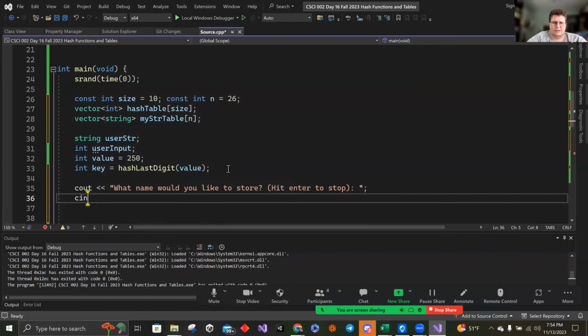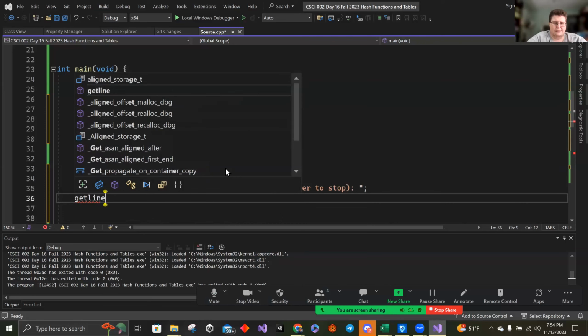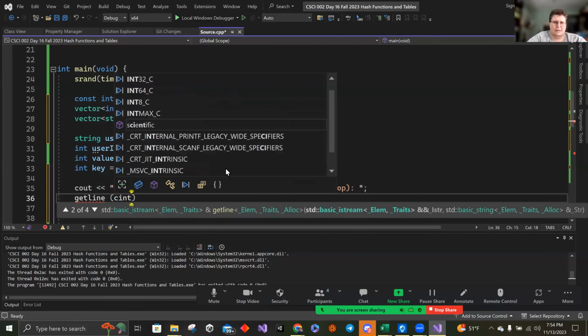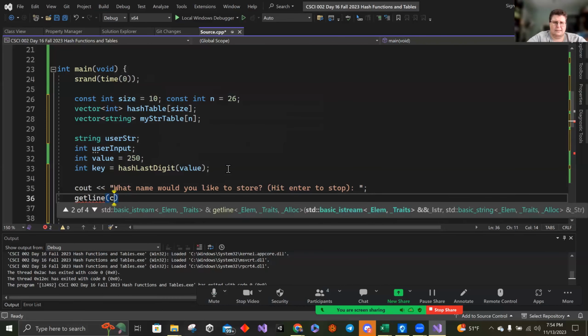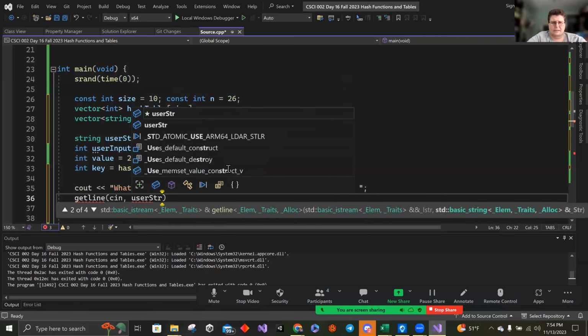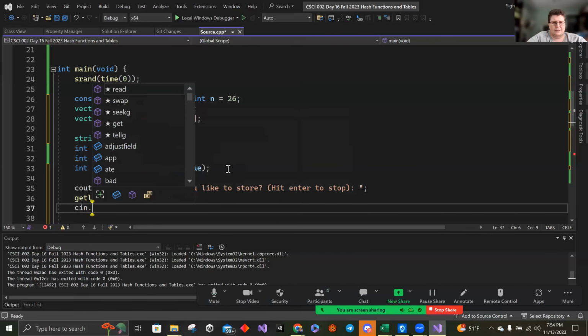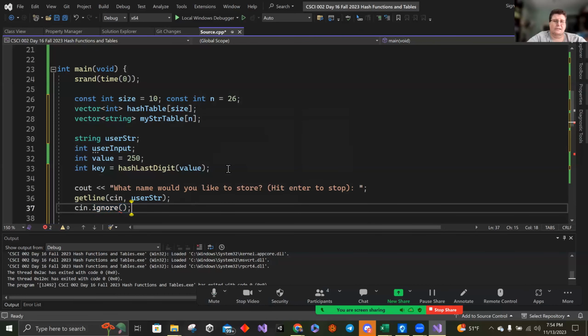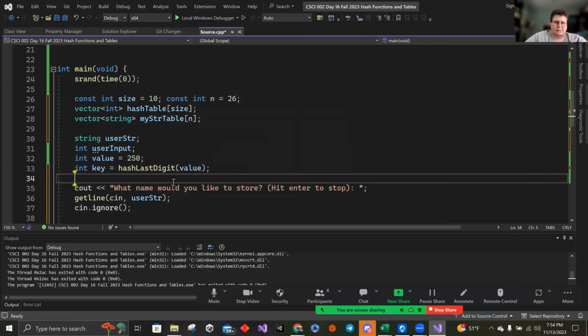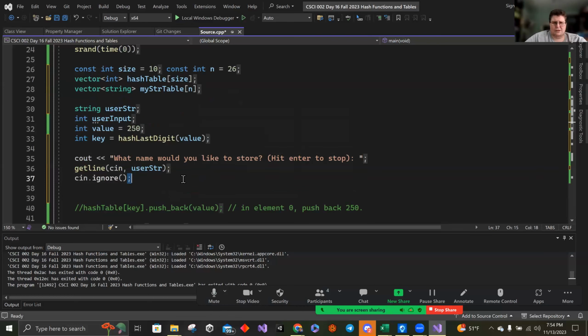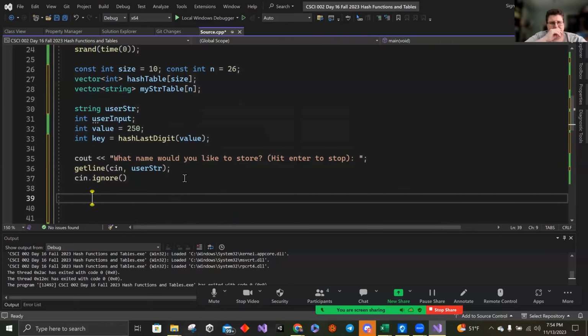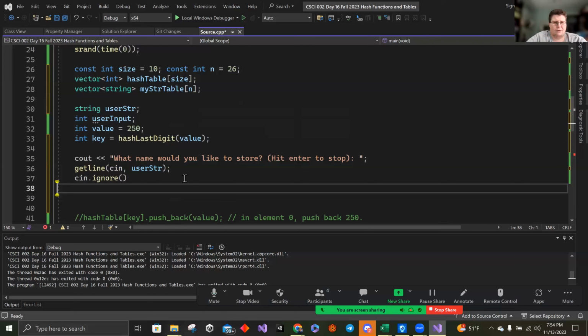We need to do a getline here. getline cin user string. Do a cin.ignore just to make sure. So user string has the user's name in it. Now we've got